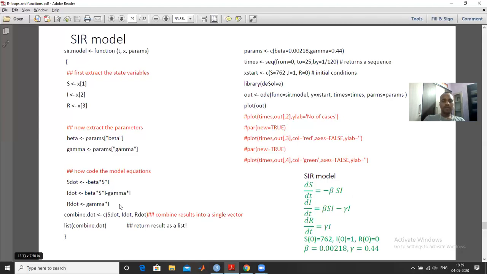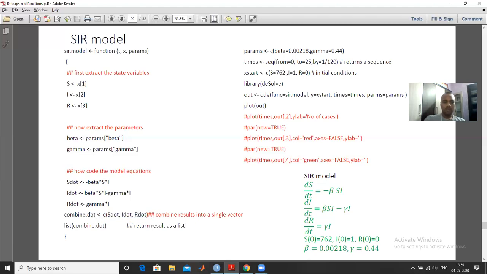And after that, because in the previous example there was a single variable, and I used only list and that variable there, but here there are three variables which we have to return: S dot, I dot, and R dot, because I want all three to plot. So then we have to club all these three variables using this C. So S dot, I dot, and R dot are clubbed together, and they are assigned in this variable.